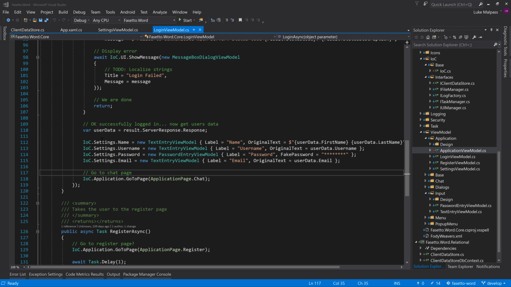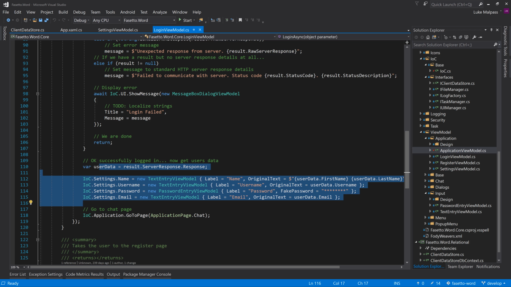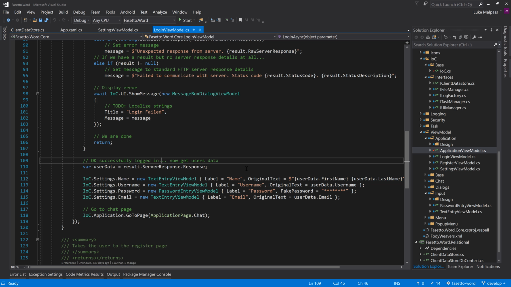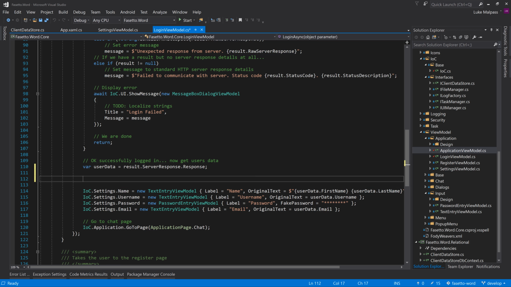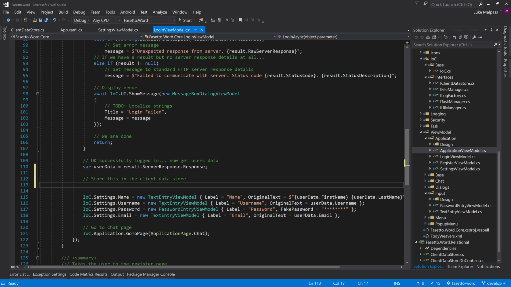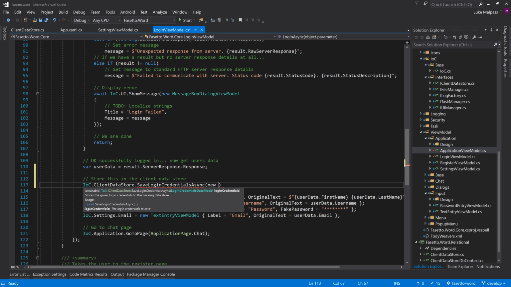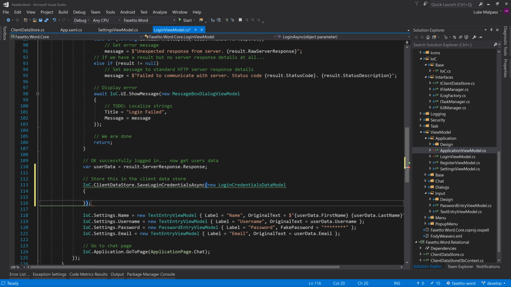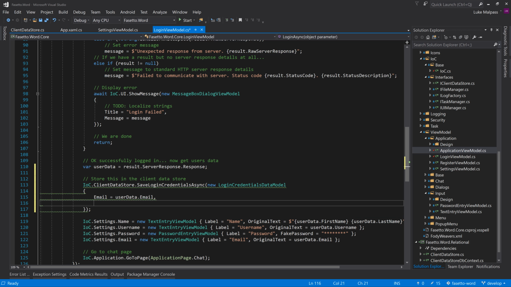So now we've got the details. We want to save them in this part here. So this is where we now want to commit them to the actual database. So we have the data, get the user's data, store this in the client data store. So this now will say we've logged in successfully, ioc.clientdatastore.save login credentials. Make a new credentials model,